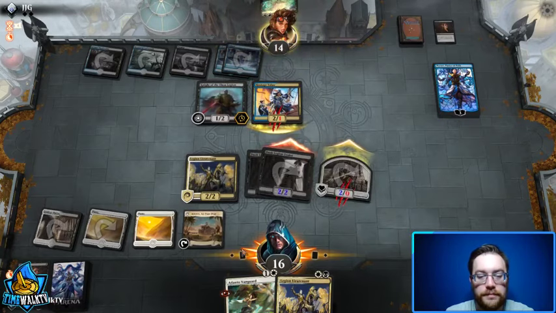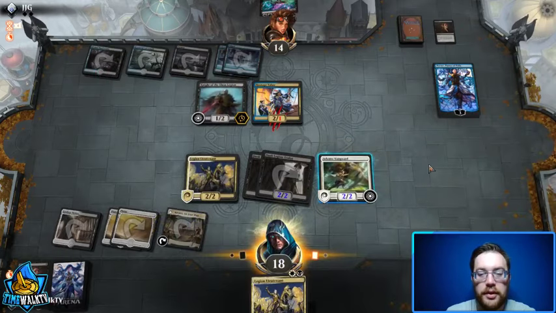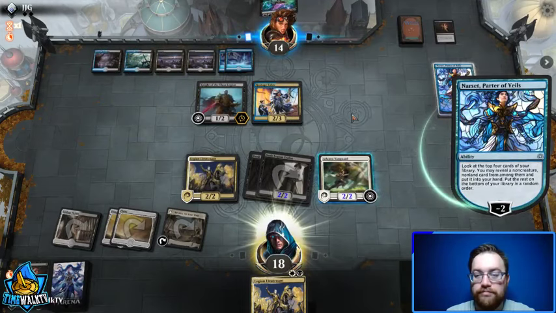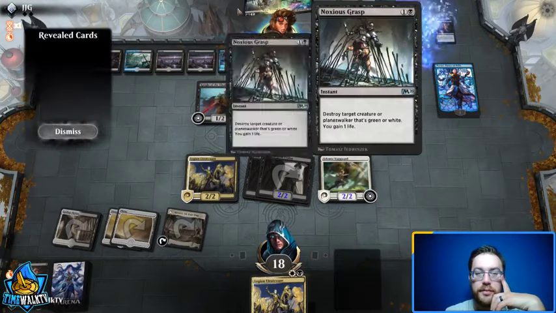Take 4. And then play a Danto Vanguard. Alright, we're in a good spot. We're not in a too bad of a spot. They have a useless spell and a pretty good creature. Let's see what they find. I really... maybe I should have...